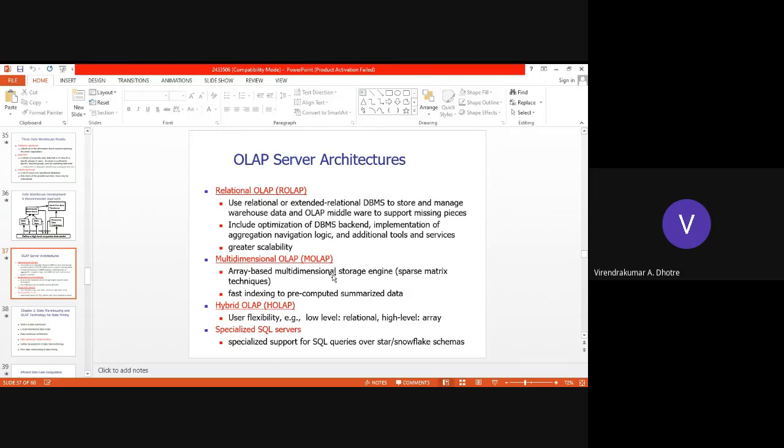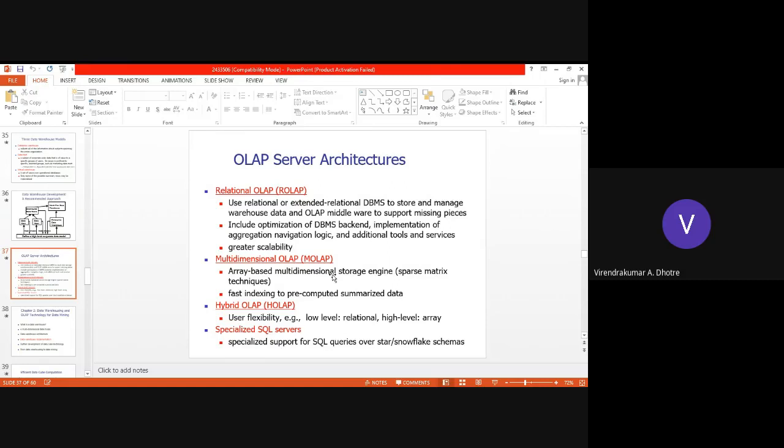Relational OLAP, that is ROLAP, also named relational online analytical processing. It uses a relational or extended relational database management system to store and manage the warehouse, and also acts as a middleware to support missing or required information.